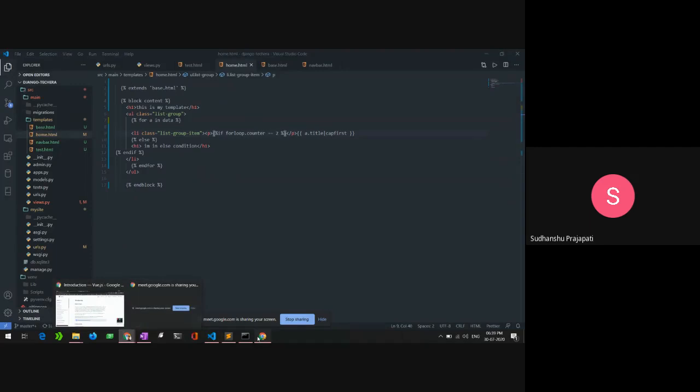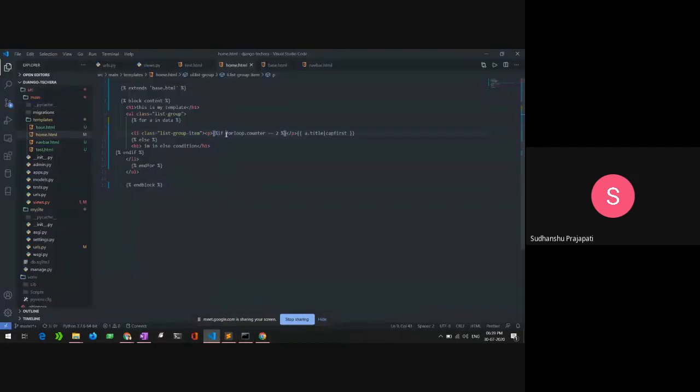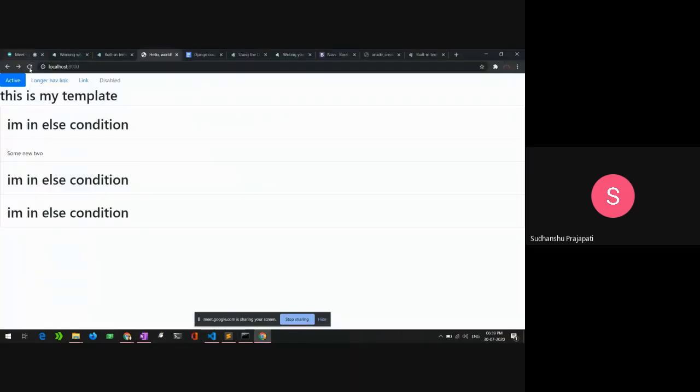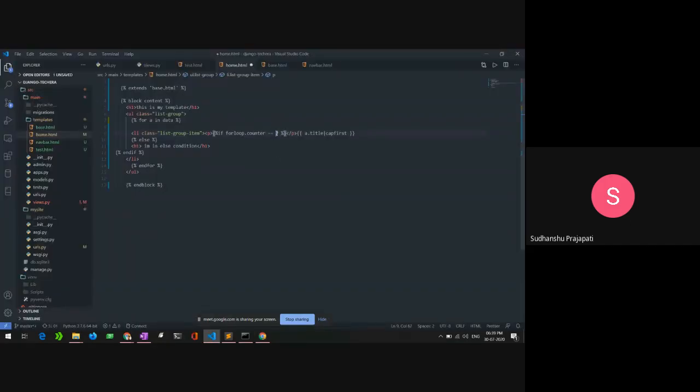Let me show you. If I reload it here, it's rendering. It's working fine. And if I don't give a space here, what will happen? Yeah, you need to be careful about the spaces inside the template tag when you're using it inside the templates.